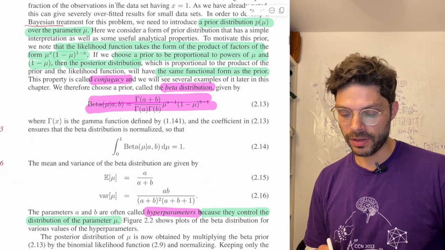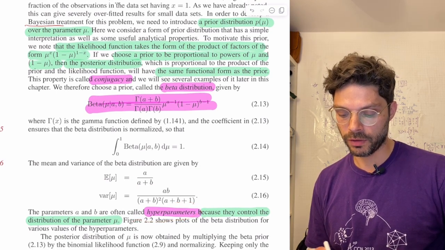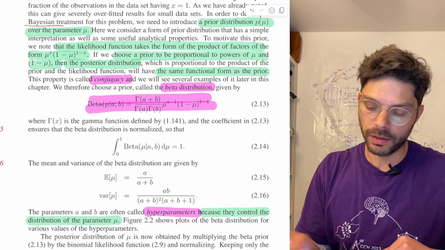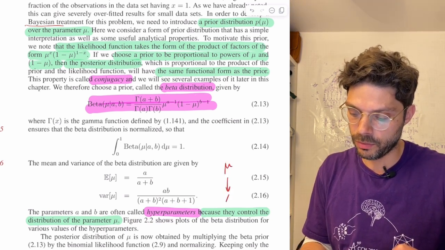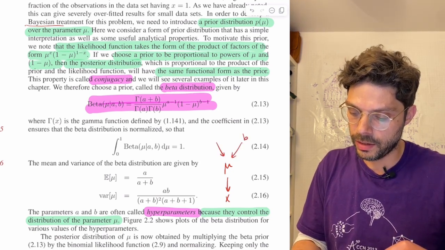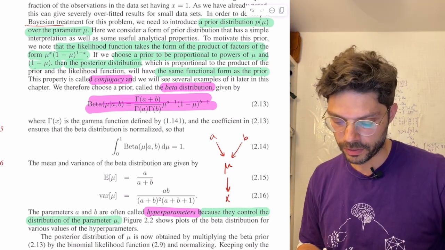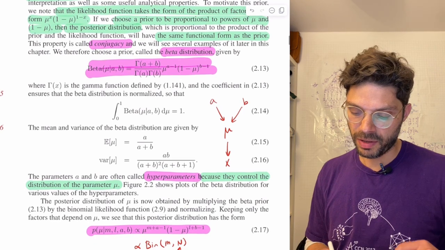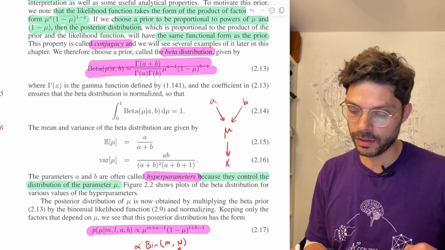It says the parameters a and b are often called hyperparameters because they control the distribution of the parameter mu. What that means is, we've got this parameter mu that determines whether our tosses are coming up heads or tails, but now we've got b and a determining mu. So they're kind of one level up. They're hyperparameters. The posterior distribution of mu is now obtained by multiplying the beta prior, so this thing up there,